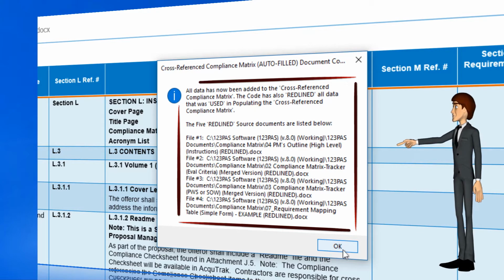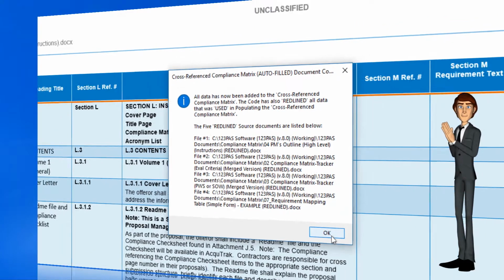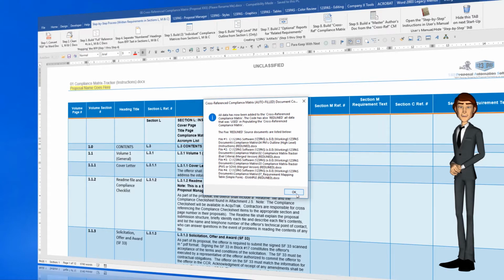This dialog box tells the user that the cross-referenced compliance matrix is now complete, and all of the artifacts that were used to create it have now been renamed, by appending the word "redlined" on the back of each file. The redlined versions are very, very important. They essentially give the proposal manager a second set of eyes. We will get back to this shortly, but first, let's scroll down and take a look at the completed cross-referenced